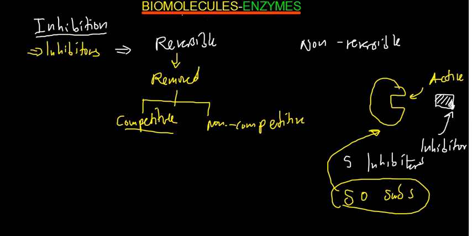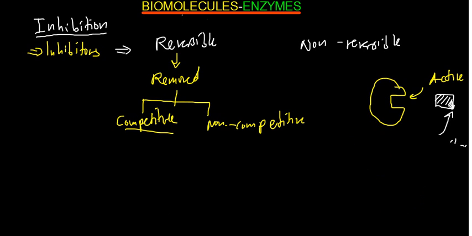So we also have the non-competitive reversible inhibition. This is also called non-active site directed inhibition. The structure of the non-competitive inhibitor is different from that of the substrate. It's not the same like here, where the inhibitor is the same as the substrate. Here they are different, for the non-competitive. Now what happens then? Since the inhibitor is different from the normal substrate,